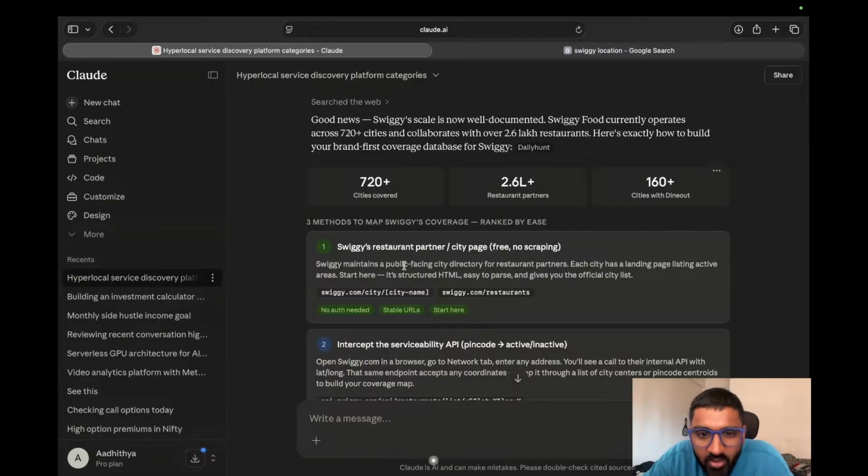Swiggy maintains a public facing city directory for restaurant partners. Each has a landing page listing areas. Okay, what is swiggy.com/city/